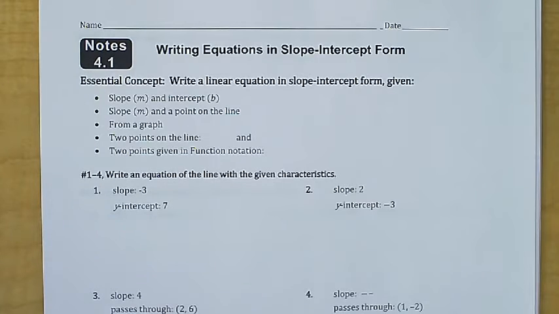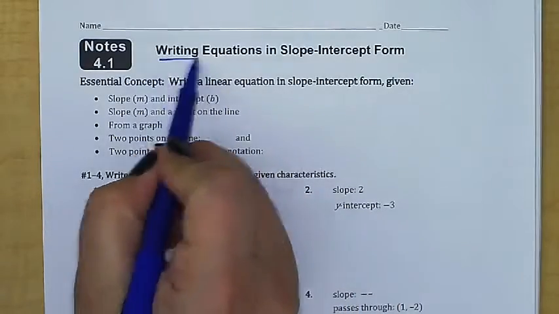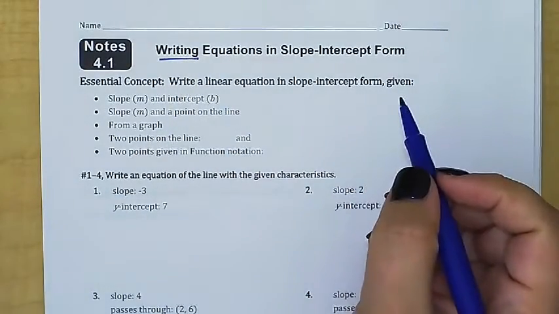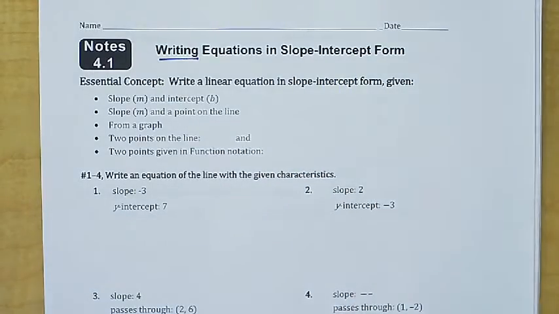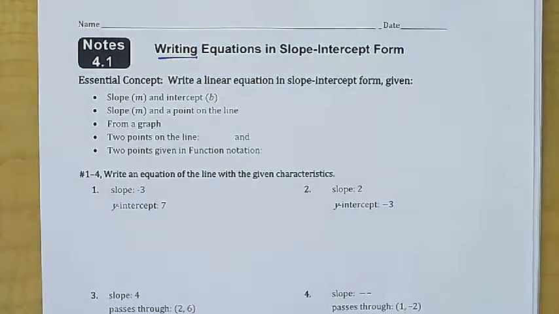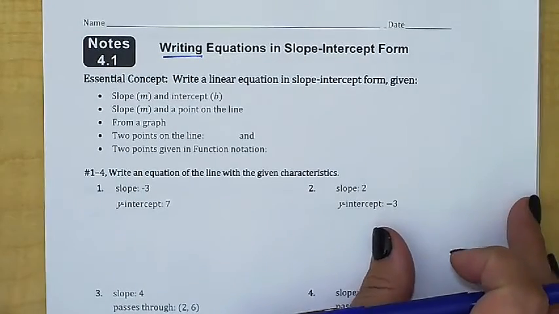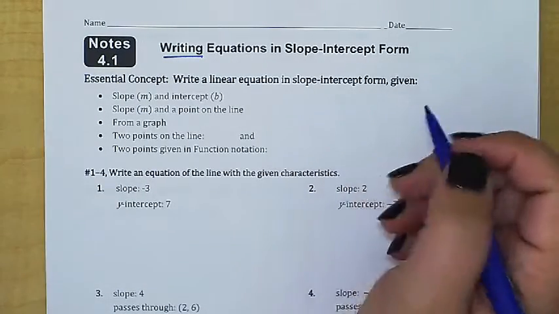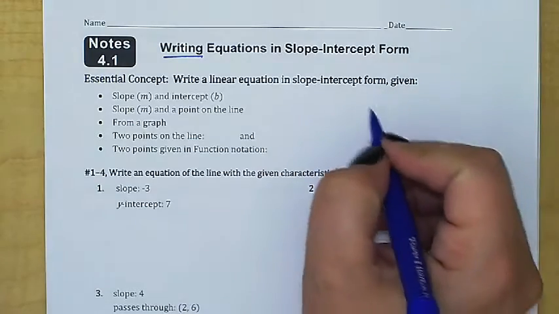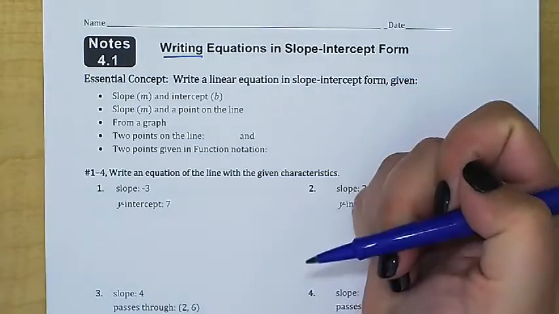Lesson 4.1 is going to focus on slope-intercept form, and in particular, writing equations in slope-intercept form. We've already talked about slope-intercept in Unit 3, but we really focused on using it to graph and to identify those key characteristics of a linear equation. Today it's really more about the equation and getting really good at writing that equation from lots of different types of